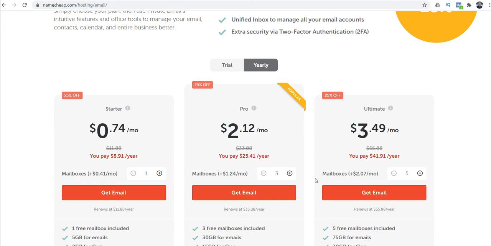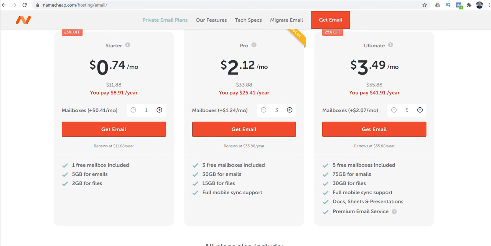I mean, it depends on if you want to go with the pro stuff or any of this extra stuff, which you're really not going to need right off the bat. Unless you're already running a business and you need all this extra, like 3 free mailboxes, most of you are not going to need that. If you have a business or a team that needs their own mailbox, then yes. Then, of course, it's pretty self-explanatory. You can figure that out once you do it. You know what your business is and if you need that. But anyway,